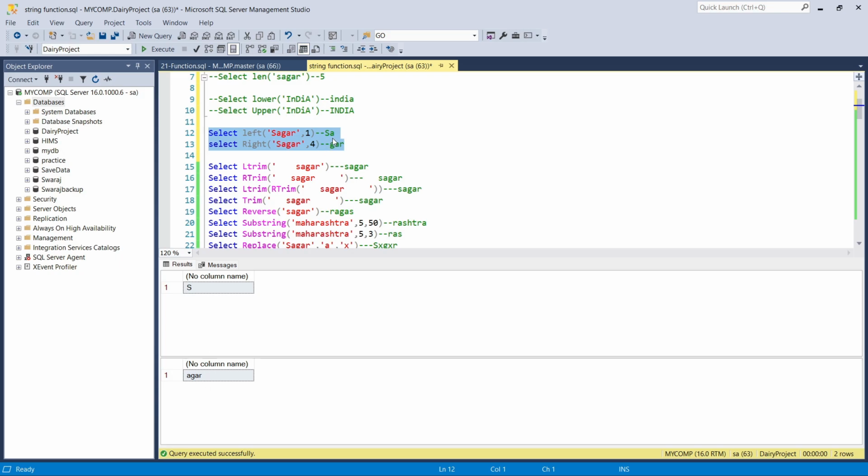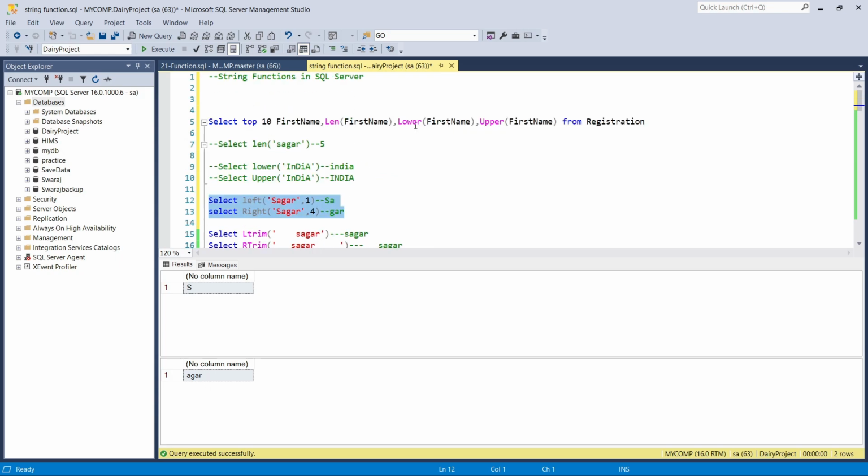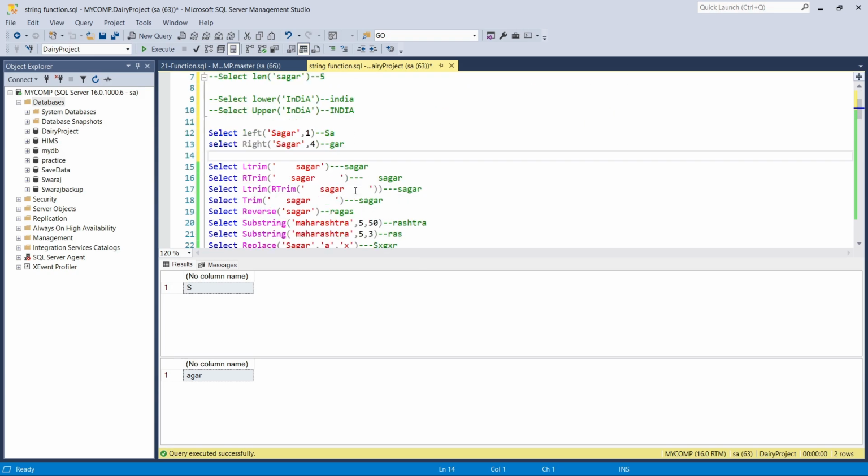Got it? And we can use the same in a query, with left and then right, and however many characters we want. So we have to specify that particular length here, 1 and 4. Okay. And then